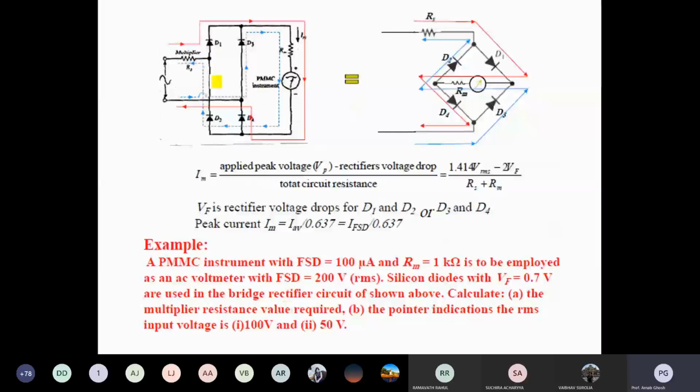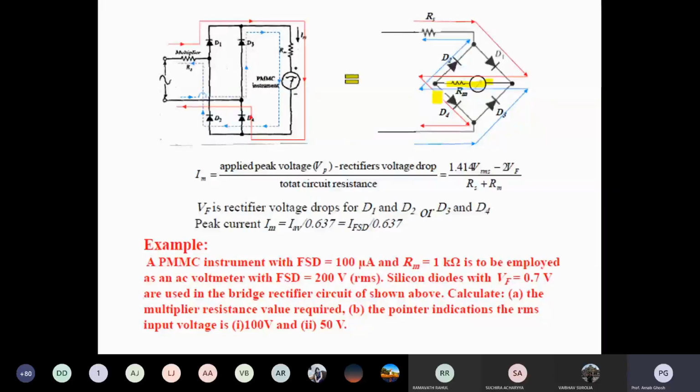So here it is the bridge rectifier configuration. A similar thing can also be presented in another manner, so that the bridge can be shown in such a manner. You can see D1, D2, D3 and D4 all connected over here. The same thing, there will be no change of configuration. Thus it will be equivalent.